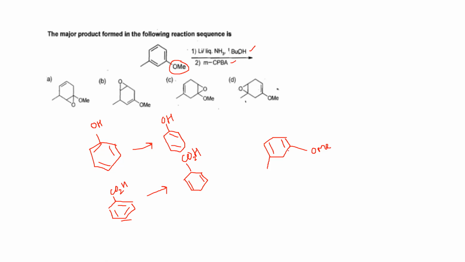So among these two double bonds, which one is electronically rich? Obviously this one, because this has only plus I effect, but this has plus I as well as plus R effect of the OMe group, whereas this has only plus I effect. That's why this double bond is more electronically rich. So it will react. So our correct option will be